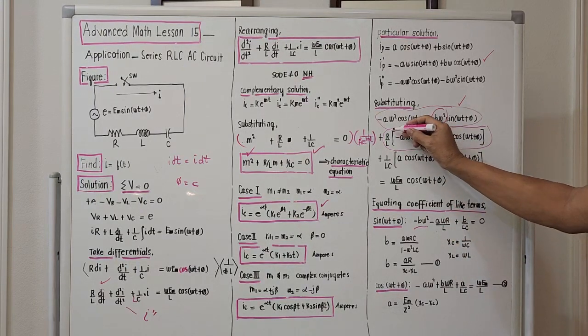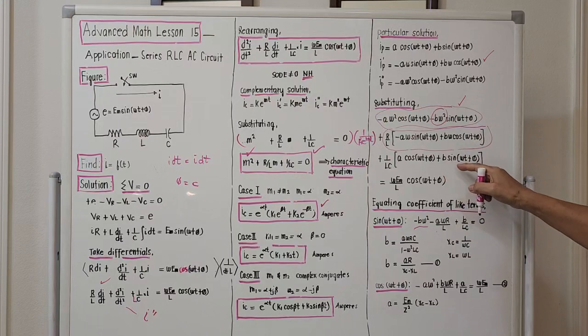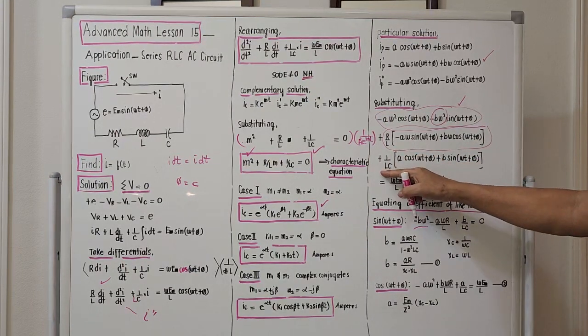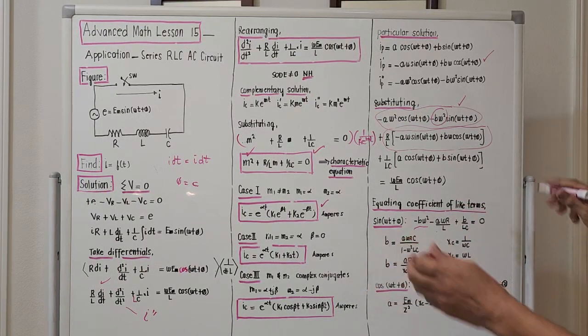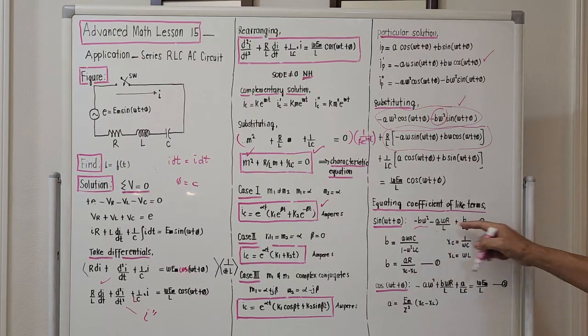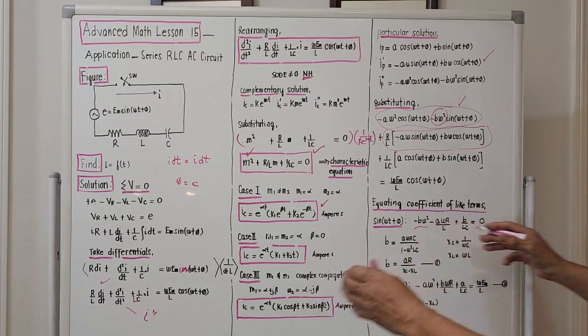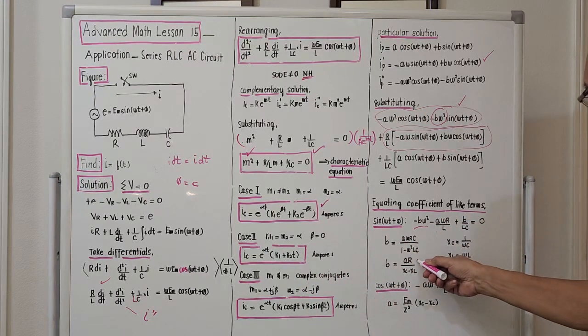This is the product of this. And the last sine will be this one. 1 over LC times B. So this is actually B over LC. Right hand side, there is no sine. So this should be equal to 0. And if we try to compute for the value of B, we simplify this one. I didn't show you the complete simplification. But if we try to compute for B, this will be